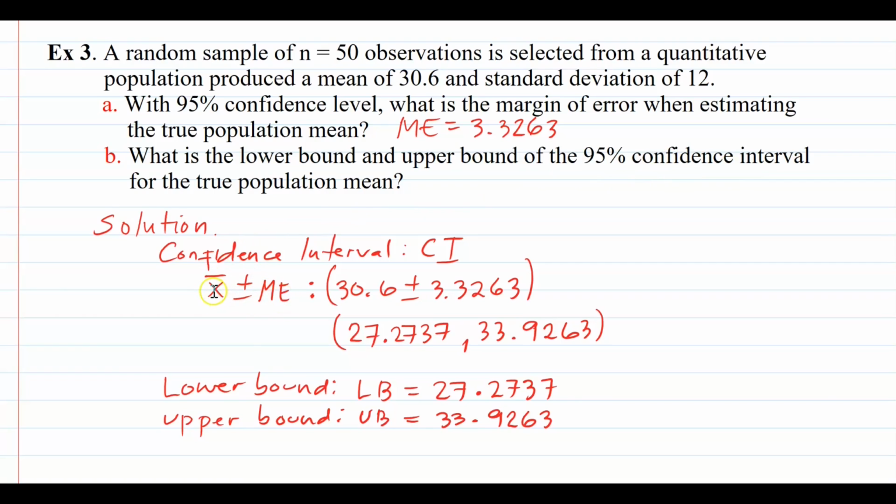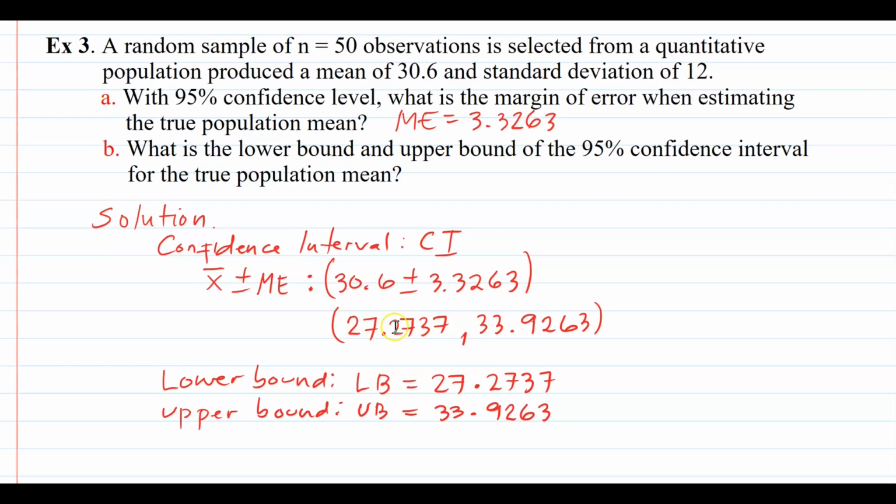Now for the 95% confidence interval, we are going to calculate X bar plus minus ME. Our X bar is given to be 30.6, and our ME, we just calculated, is equal to 3.3263. So what we have is 30.6 plus minus 3.3263. For the number on the left side, we use the minus sign. So 30.6 minus 3.3263, the result is